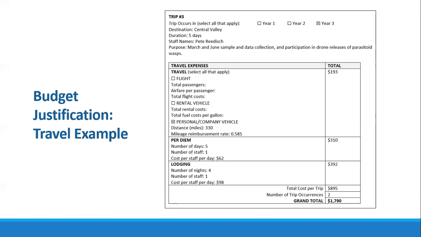They'll be taking a personal vehicle where the distance and reimbursement rate are multiplied together to get the total. The relevant per diem rates are multiplied and listed in total on the right. Similarly, lodging is the number of nights and staff multiplied by cost per day and totaled on the right. This trip will be taken twice in year 3, so the total ends up being $1,790 for this classification of